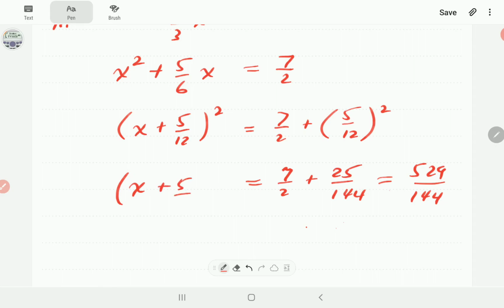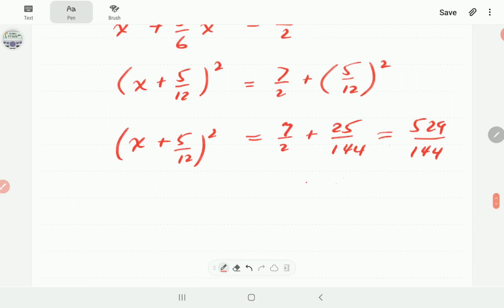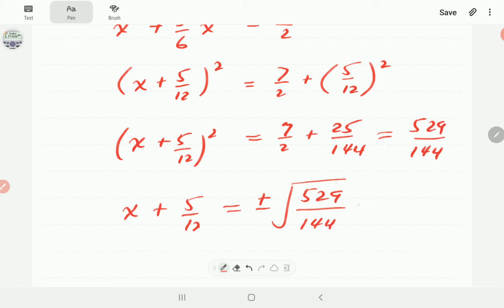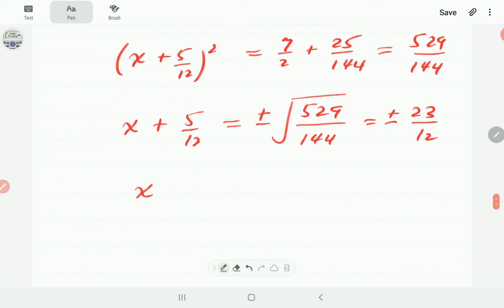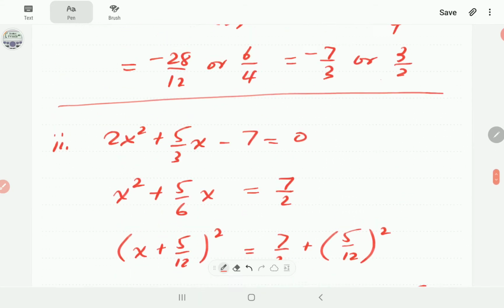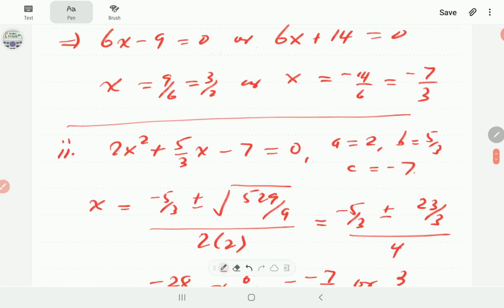We have already seen in part A that 529 is a square number, but also 144 is a square number. So if we take the square root on both sides, we're going to have this side plus or minus the square root of 529 over 144. So this is plus or minus 23 over 12. Then if we make x the subject of the formula, it's going to be minus 5 over 12 plus or minus 23 over 12. This is now exactly the same as